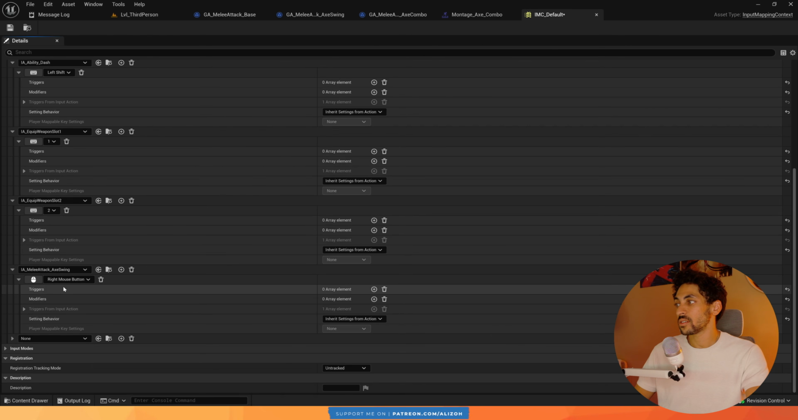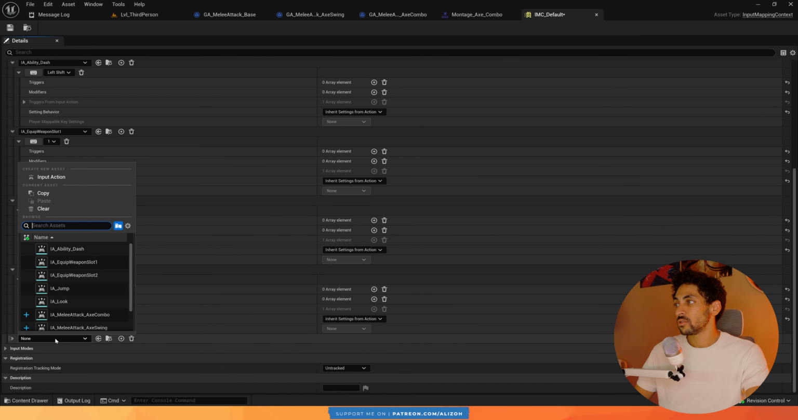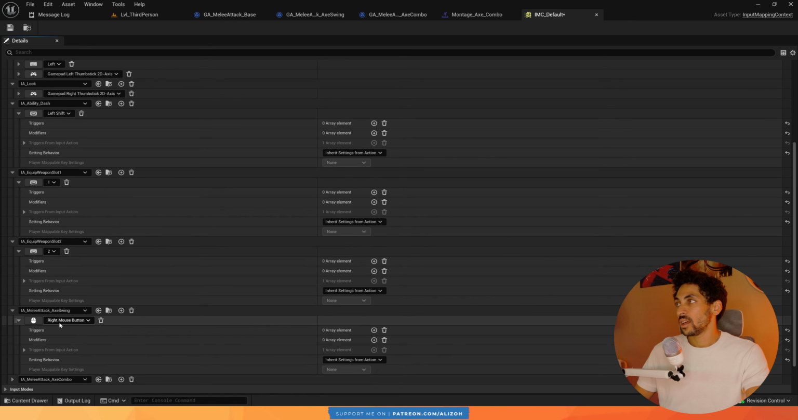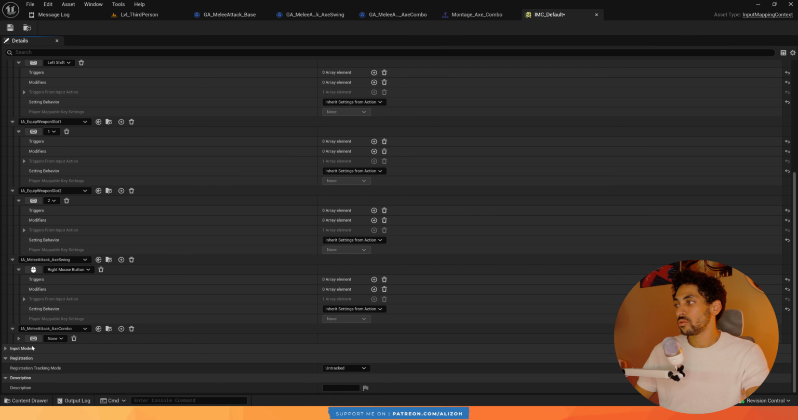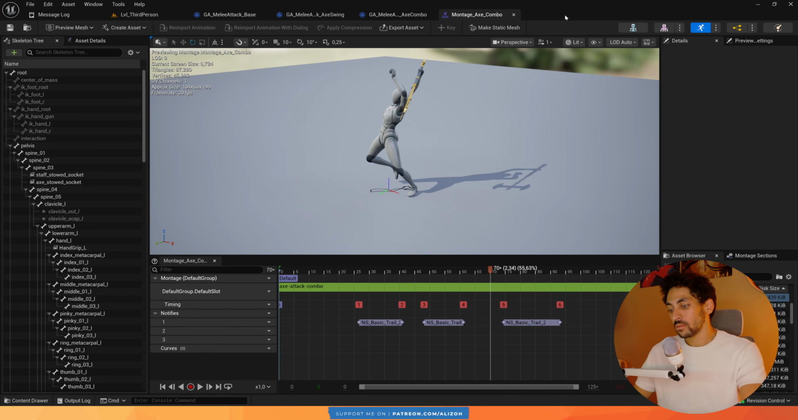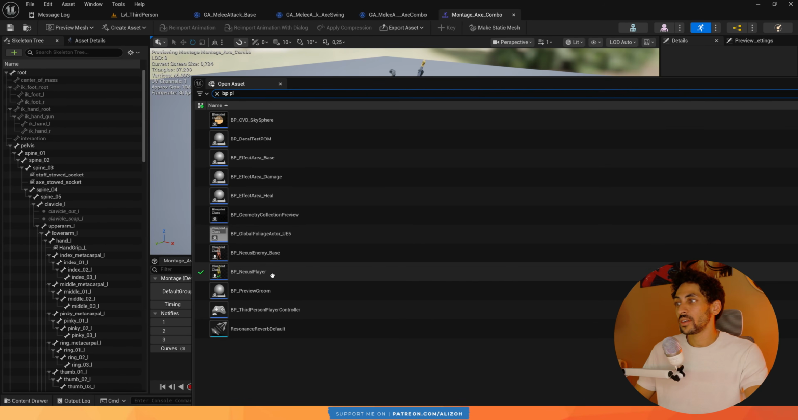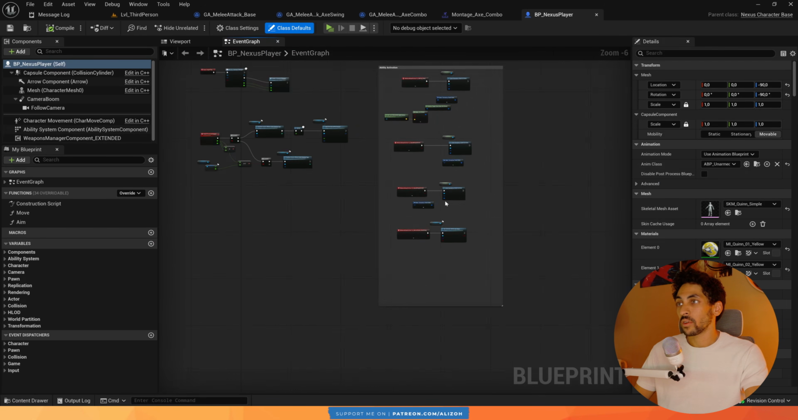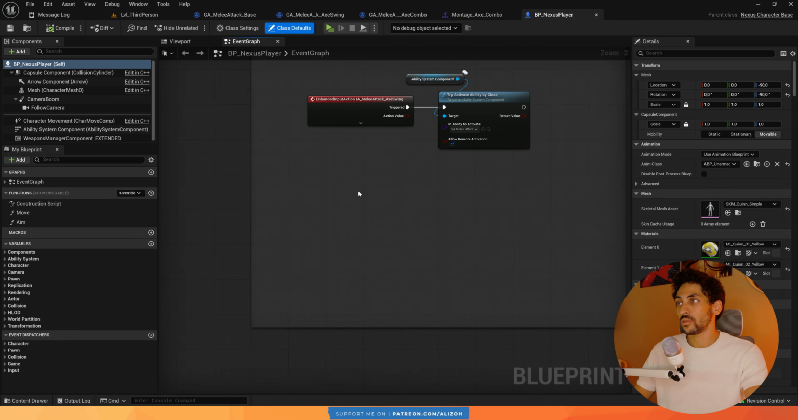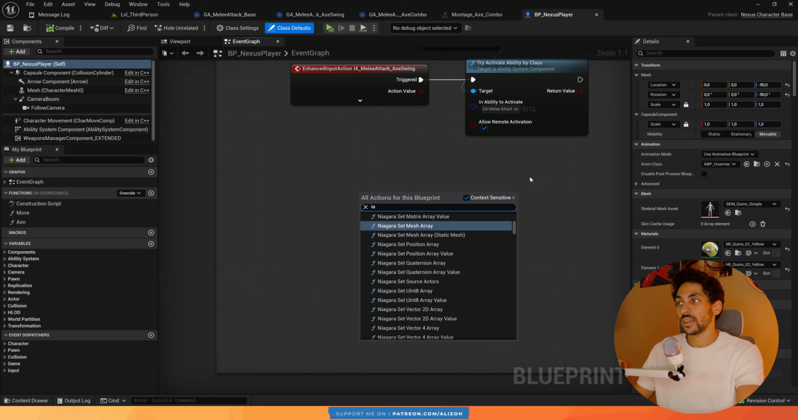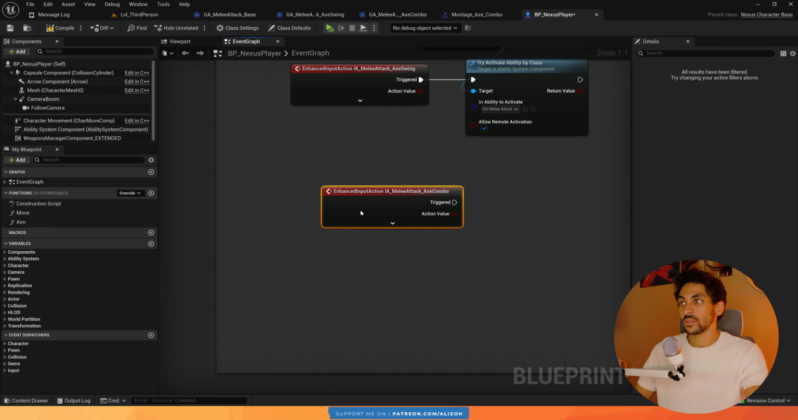So I click the plus, and now I find it down here. Choose our combo axe, the one we just created, and I will map it to, I don't know, left mouse button. Okay, so the axe swing was right mouse button, this will be left mouse button. Excellent. So now in my Nexus player, right here, I am going to add this new IA axe combo, and